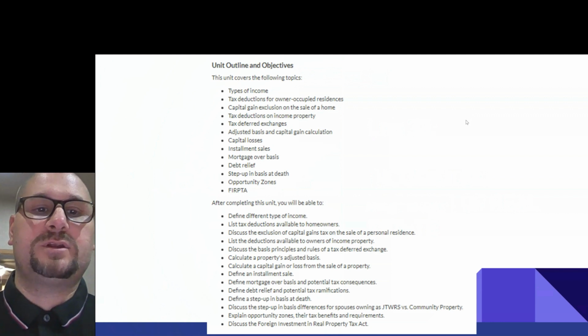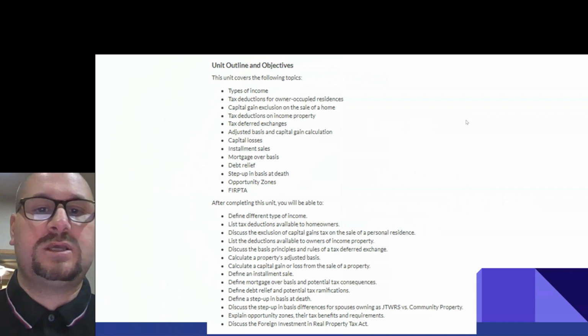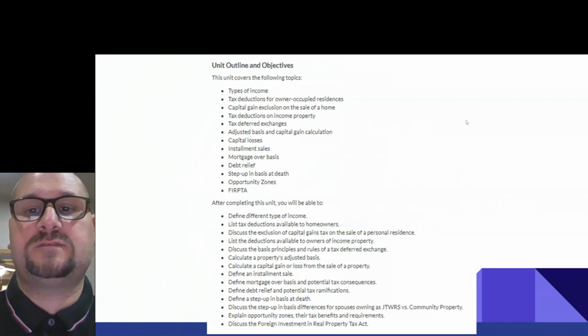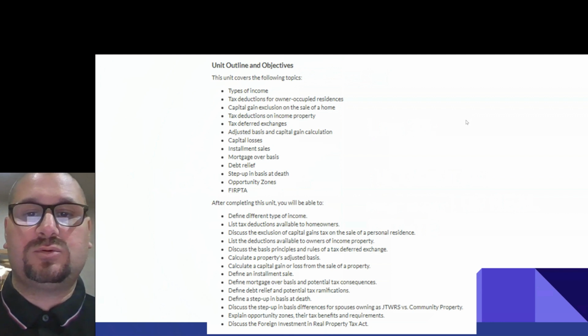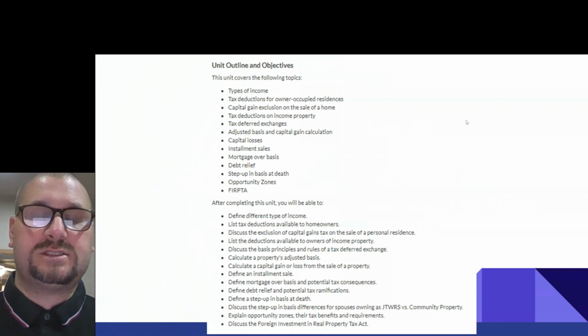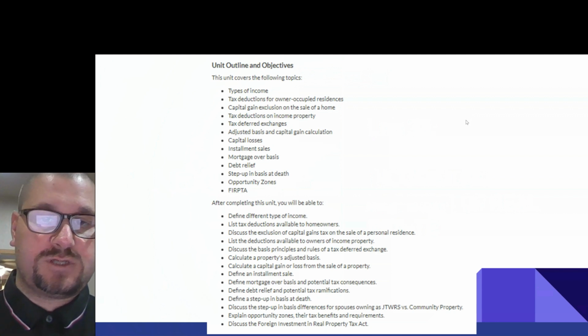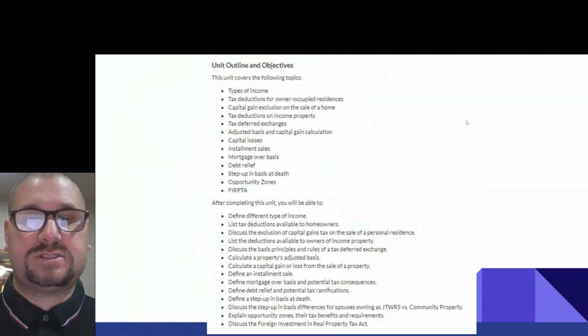So after completing the unit, you're going to be able to define different types of income, list tax deductions available to homeowners, discuss the exclusion of capital gains tax on the sales of a personal residence. You'll be able to list the deductions available to owners of income property, discuss the basis principles and rules of a tax deferred exchange, calculate a property's adjusted basis, calculate a capital gain or loss from the sale of a property, define an installment sale, define mortgage over basis and potential tax consequences, define debt relief and potential tax ramifications,